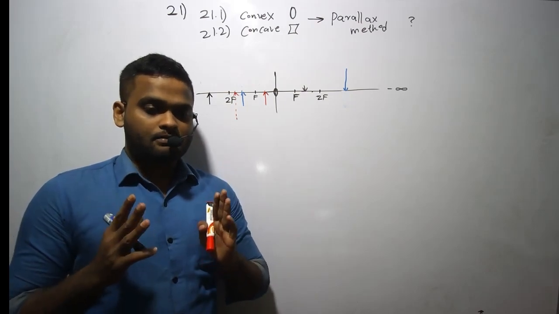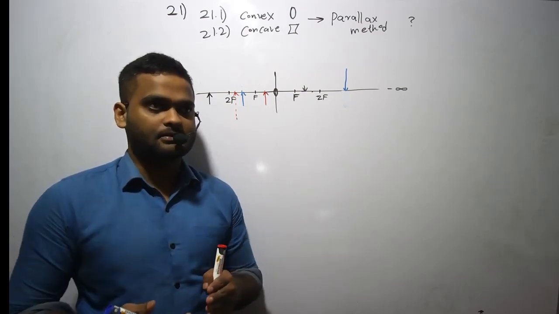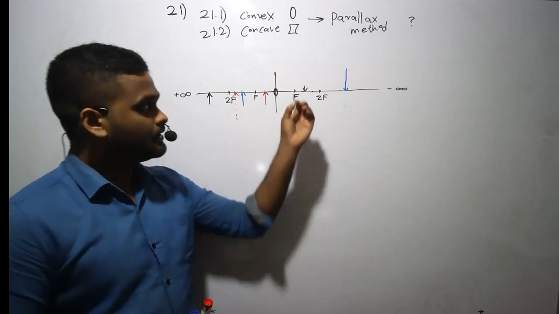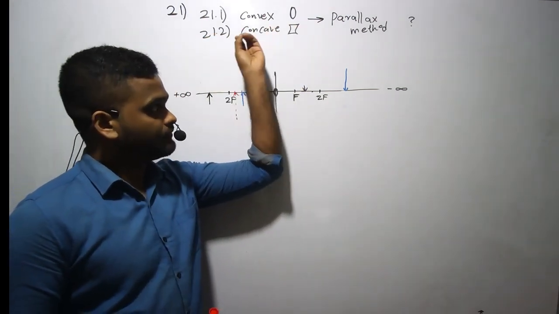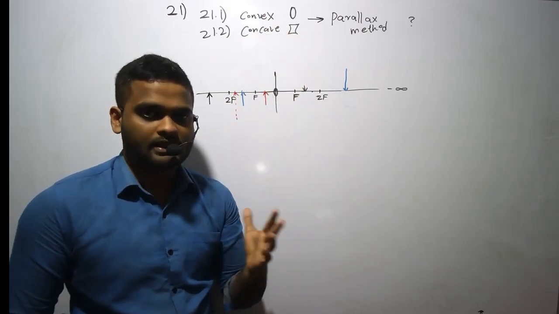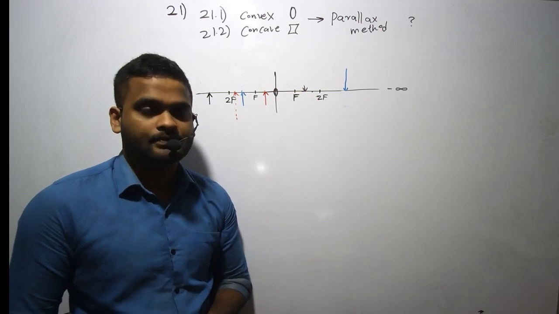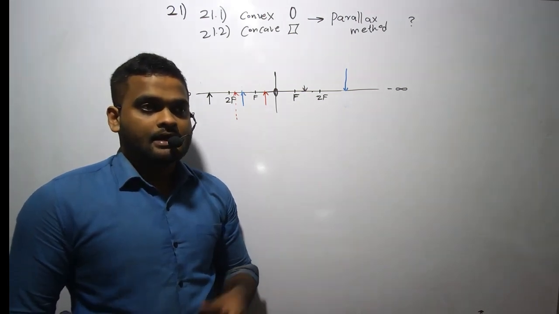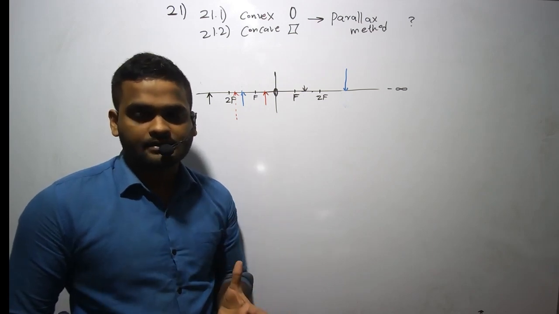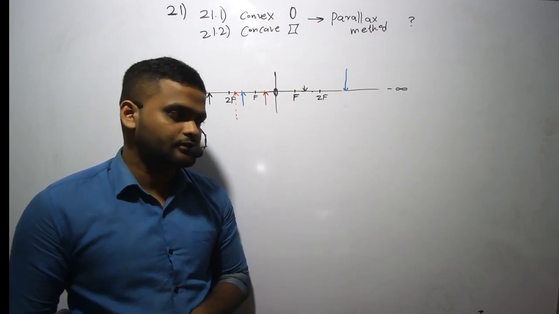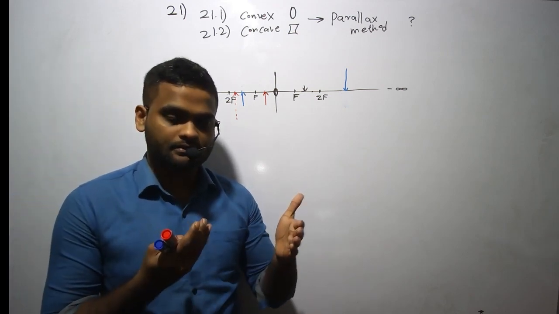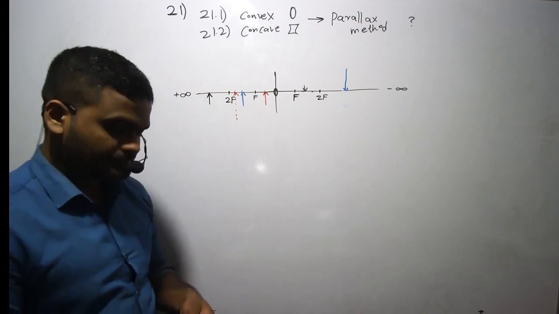So before starting the experiment, we need to find the focal length. The final result of this experiment is finding the focal length exactly, the exact position of the focus. But before doing that, we need to roughly find the focal length. So there's a simple method you can use in the lab to find the focal length roughly, right? Okay. So for that,